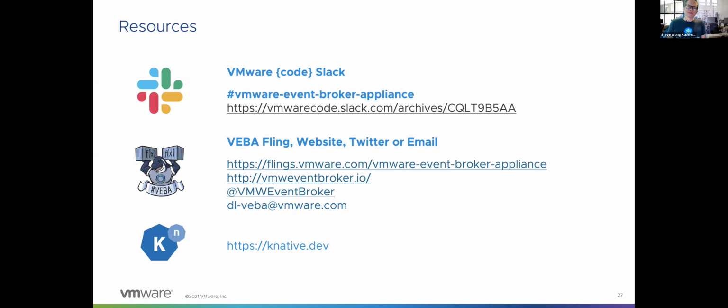Michael, let me explain some of the terms in this resources slide, because we get people who are more familiar with Kubernetes in this group than they are with the history of VMware. That VMware Code Slack is a Slack operated by VMware that is made for developers and ops people. It's publicly available.